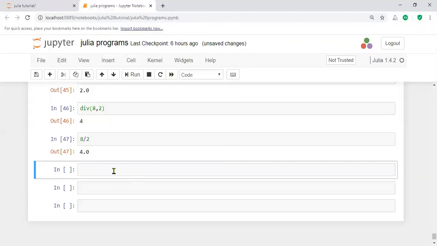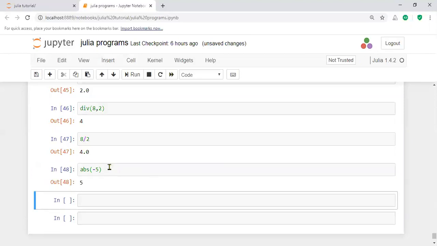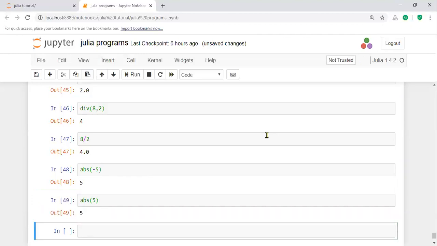For example, abs of minus 5 equals 5. And abs of 5 also equals 5. Irrespective of the sign, it gives the absolute value, which is called the absolute function.